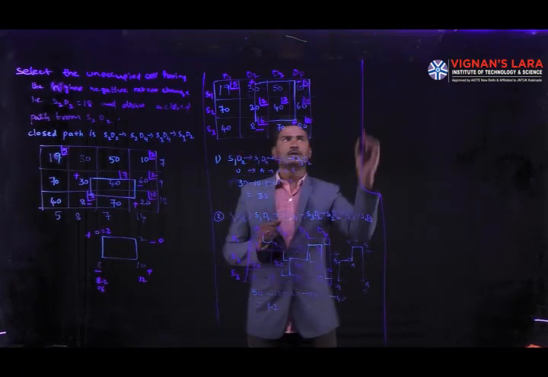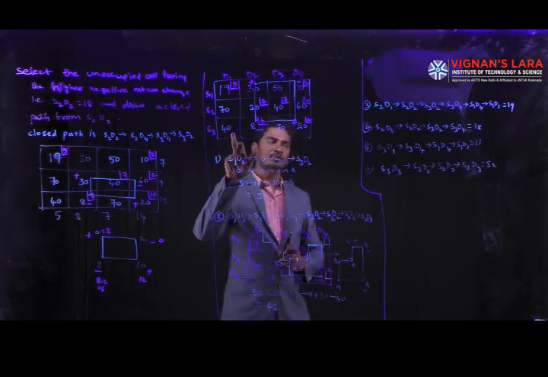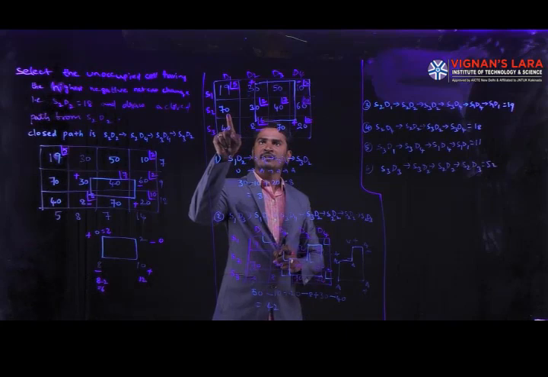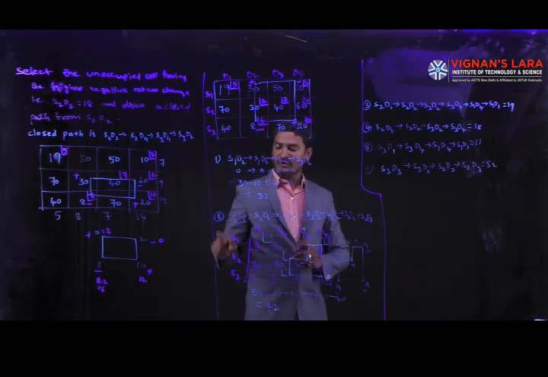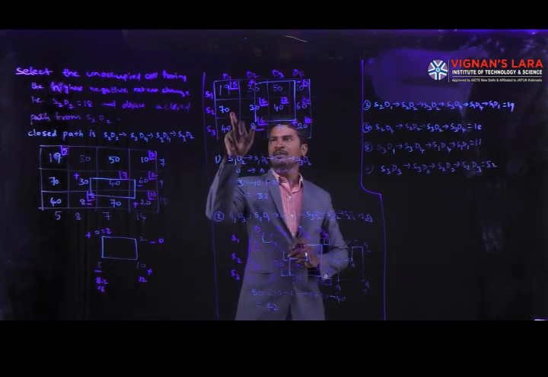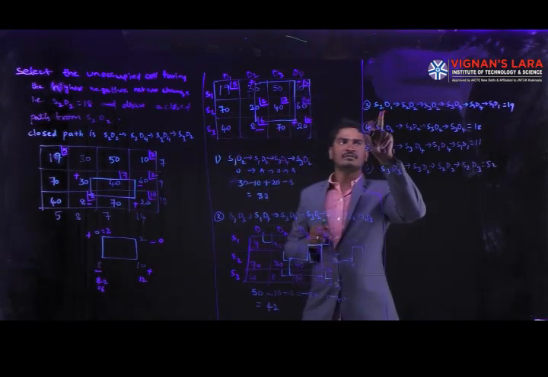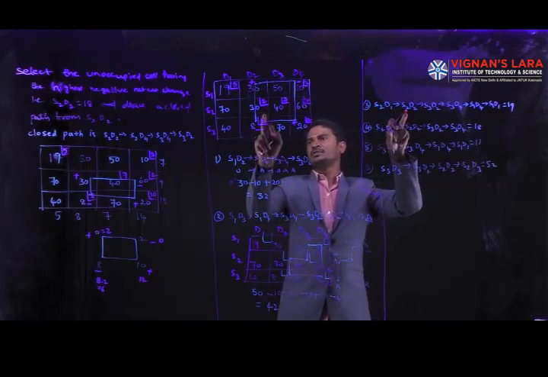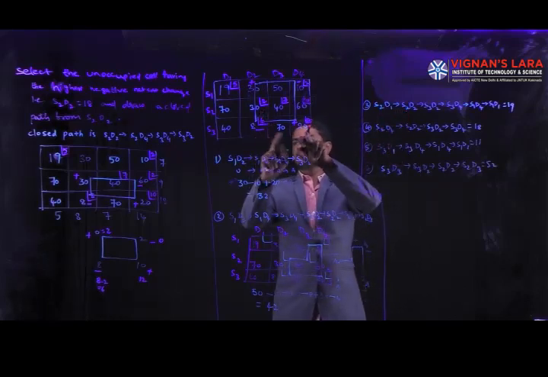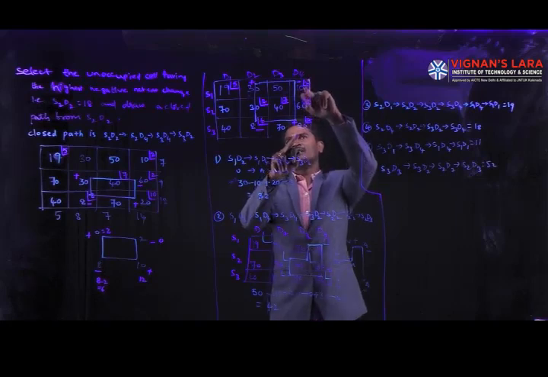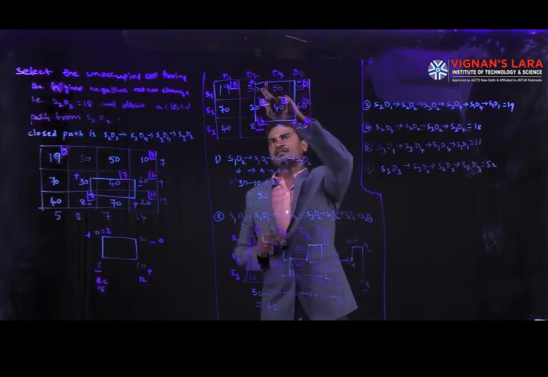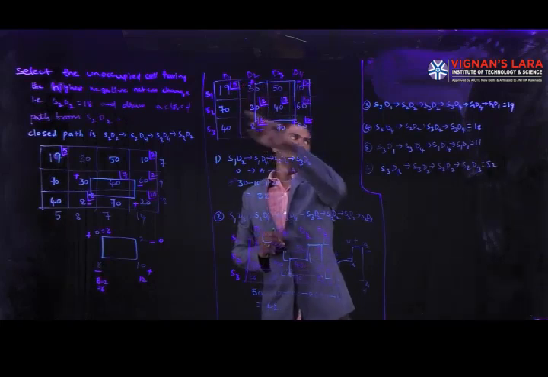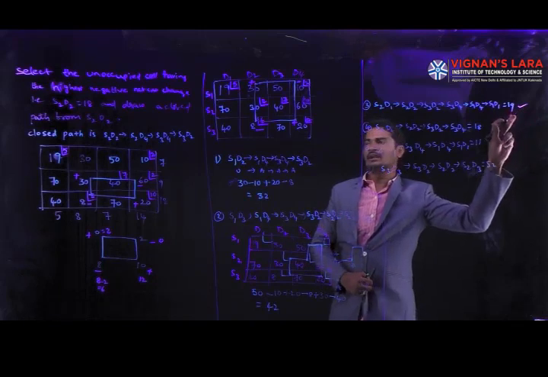Next coming to the third loop. Here we have one unallocated cell and here we have another unallocated cell. So we are drawing two loops. Coming to the third loop, it starts with S2D1 and ends with S1D1: S2D1, S2D2, next S3D2, next S3D4, S1D4, next S1D2, S1D1, and it closes with S2D1. From this we are getting 19.